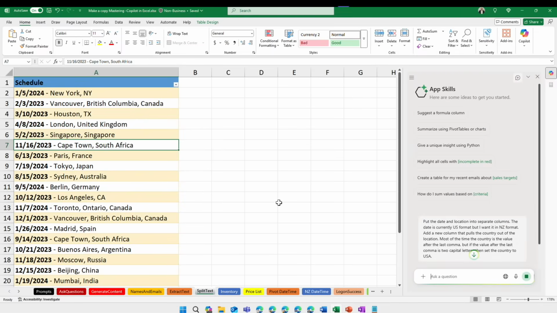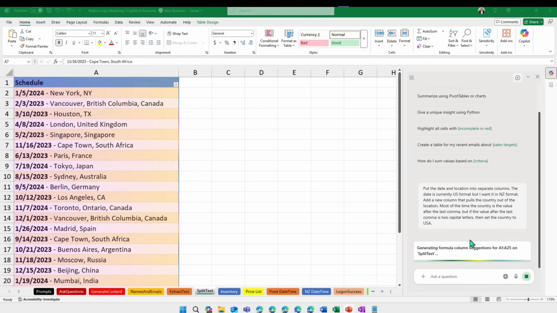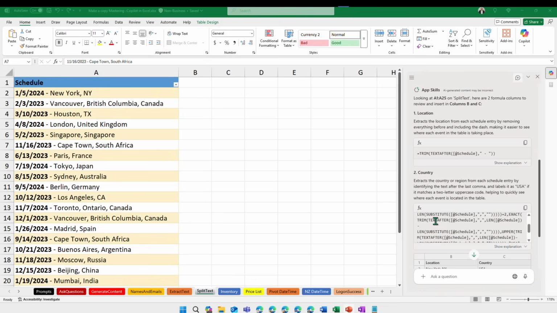Let's execute this. So in the last example, we had seen how to split text. That was quite straightforward and easy. This example, we are learning how to enrich location data with derived columns. All right, Copilot is analyzing the information. It created that complicated formula to